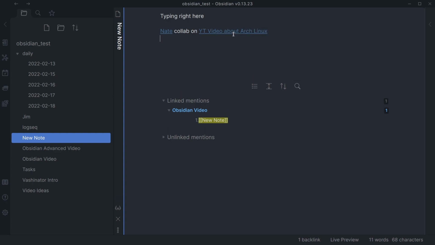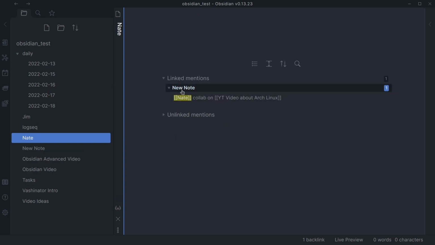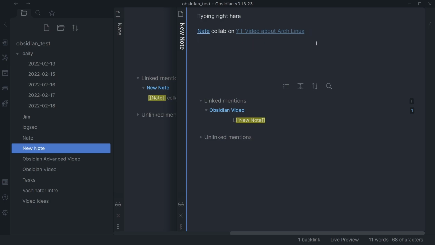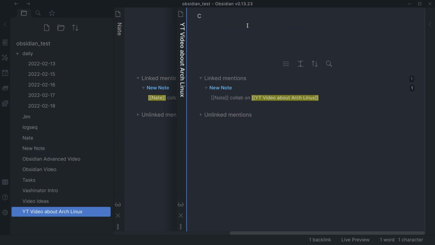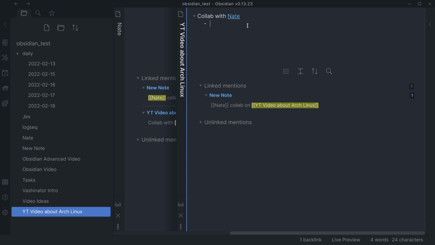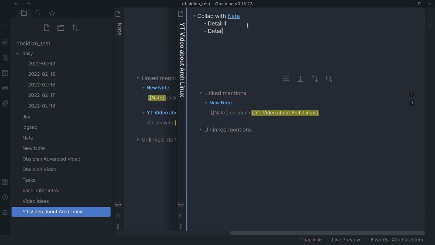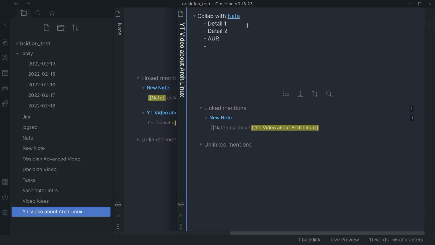And so now that I've done that, if I go to Nate's page here, you'll see that I'm connecting him to new note, and you'll see that I have a YouTube video about Arch Linux. If I go to the YouTube video about Arch Linux, I could also say collab with Nate, and then I could start going in and providing the information. Detail 1, detail 2, AUR. By the way, so I could do that,